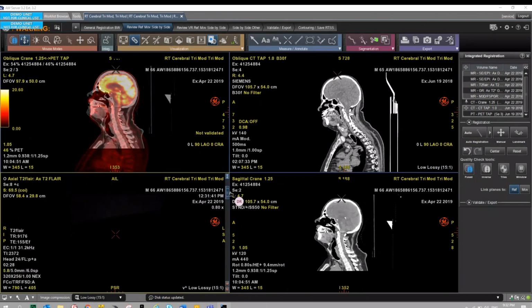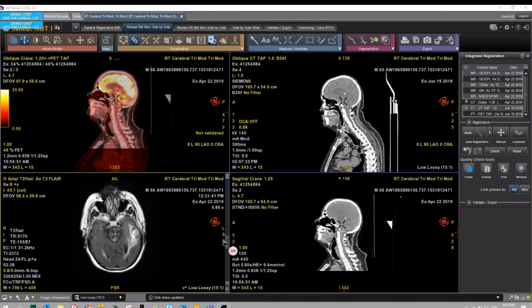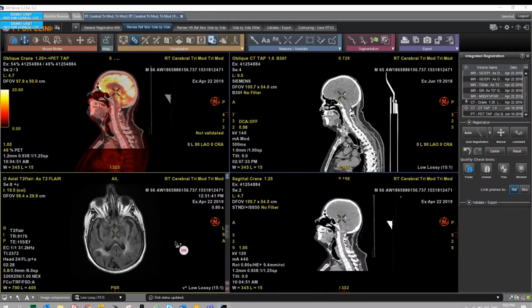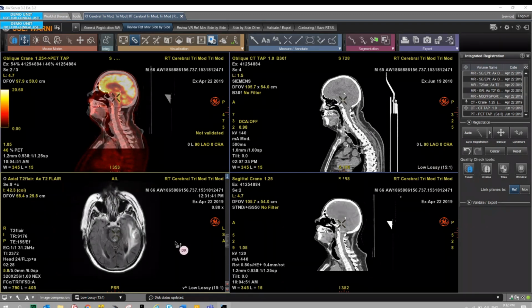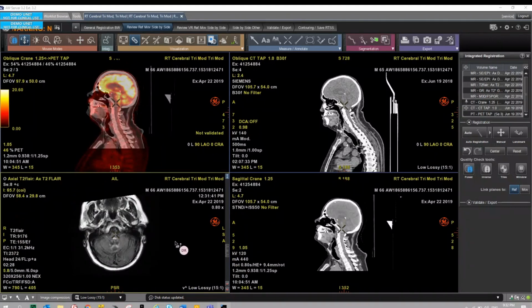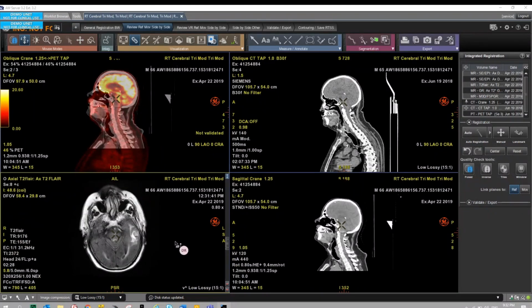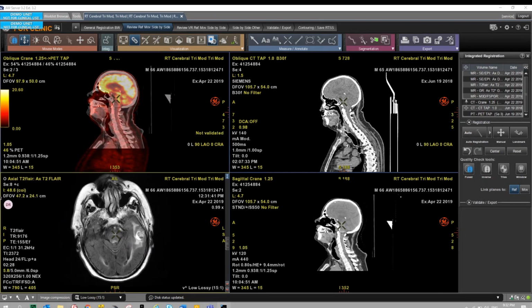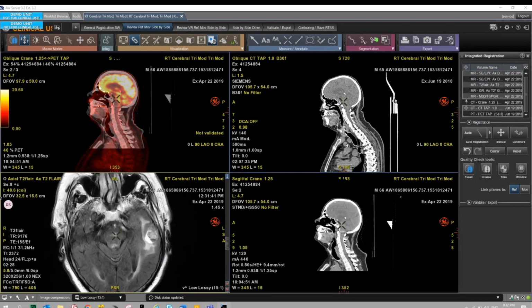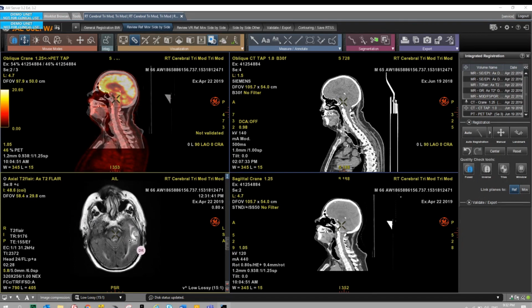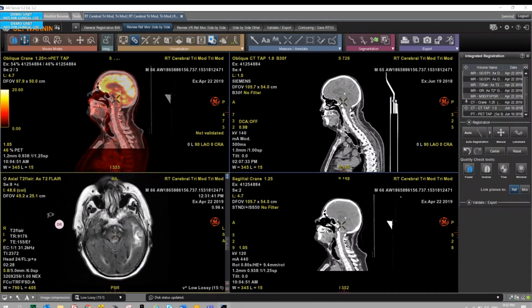So that's why it will be difficult, and we see here a T2 FLAIR sequence that shows the progression of the disease or the regression of the disease after the operation. So this, also in stereotactic treatment, allows the user to have different dose distributions regarding the different tissues involved in the sickness of the patient.